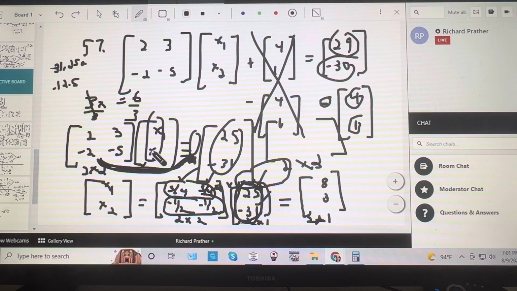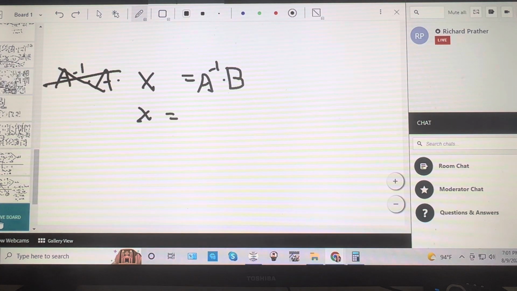That's what they're hoping you'll do on problems 57, 58, and 59, to do this method. But if the inverses take a while, first of all, and then if they come out fractionally, then this method gets really hard. So at least you can still solve it with a system. But the point they're making on number 60 is,